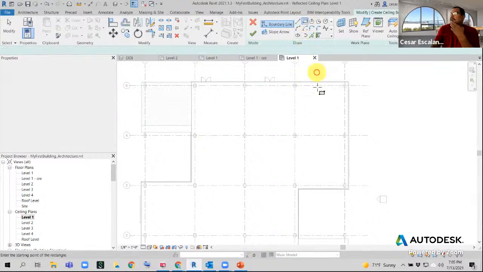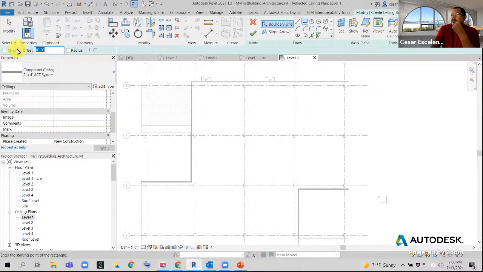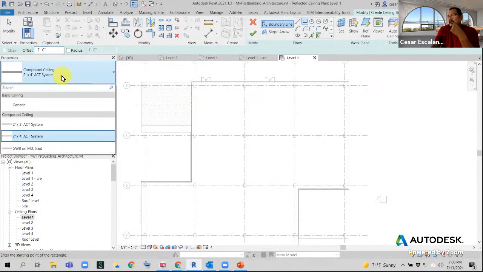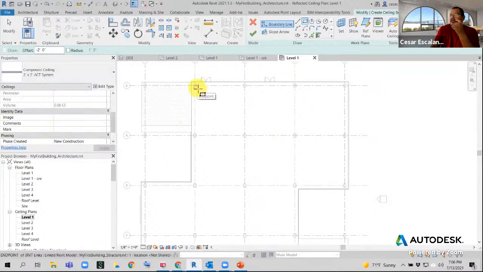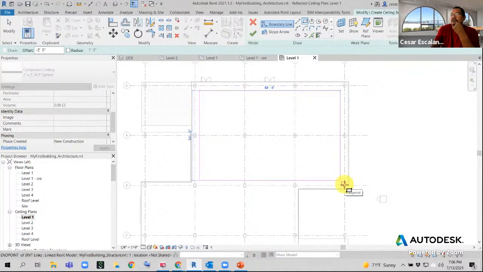I'm going to do a rectangle here, give it an offset of -2 feet, and create maybe a composite 2x2 ceiling, and go from this corner to that corner. And remember, the offset is what makes the sketch lines be placed at a certain distance away from my clicks. That's why I put a -2, meaning that I want a rectangle in this space that is 2 feet away from the